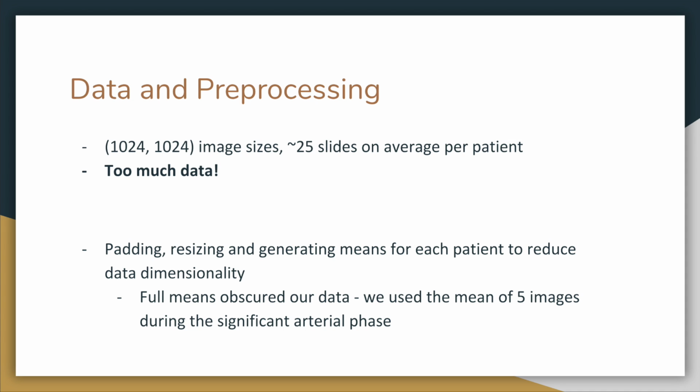The other method we tried was pooling all the data per patient using average pooling. That is, we took the mean of some patient images to have one 512 by 512 array for a patient. Taking the full average of all values obscured the blood vessels, so we decided to use a sample mean of the data. We took 5 images around the median of the time points per patient and generated a mean of those 5 images, which was treated as our features in our machine